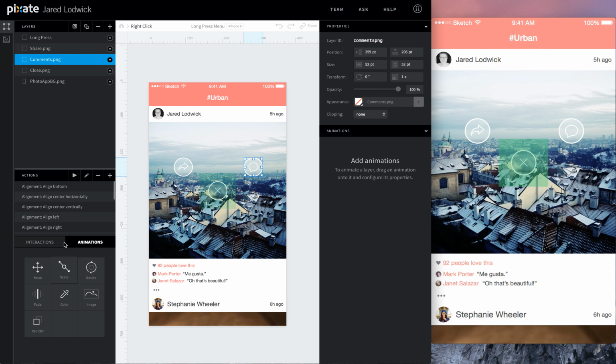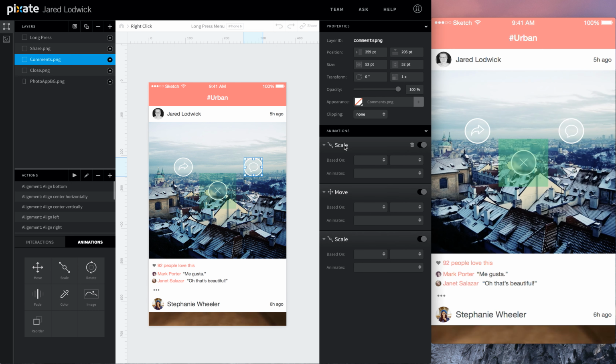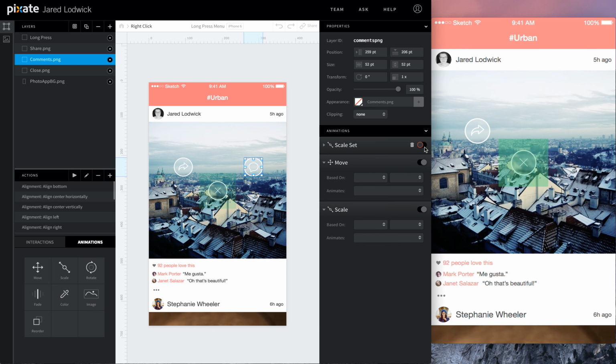Do the same thing for comments. I'll add a scale, move, and scale. Set our scale set for when the screen is loaded, go down to 0, and it'll be instant, and we'll turn this off for now.